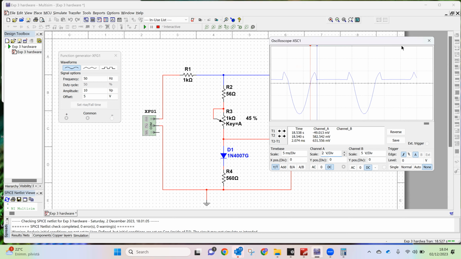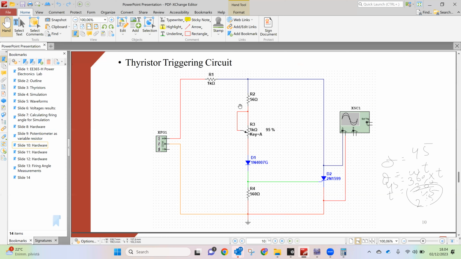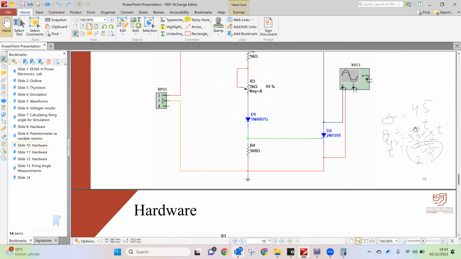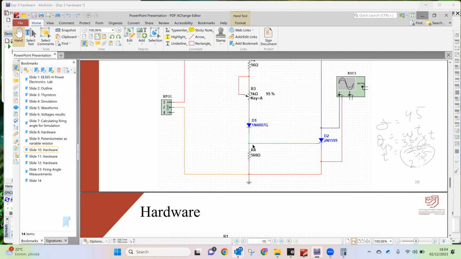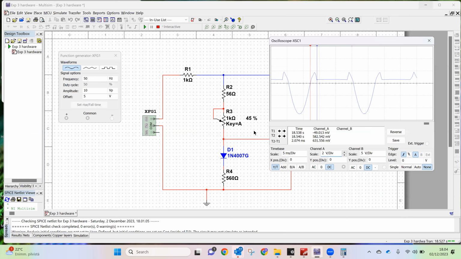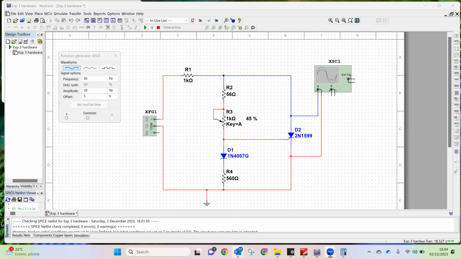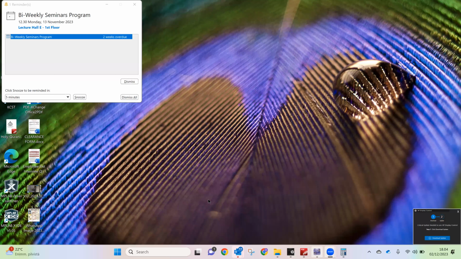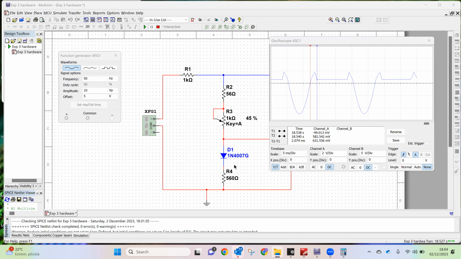Okay, and in the hardware, so this is for the simulation. For the hardware, you will use the same circuit, and you will find this delta t. I will give you the angle. In the simulation, I will give you the variable resistance. In the hardware, I will give you the alpha, and then you will find this delta t. Okay, so please remember this. So this is about Multisim. And experiment number 6 is very easy. Experiment number 6 is about